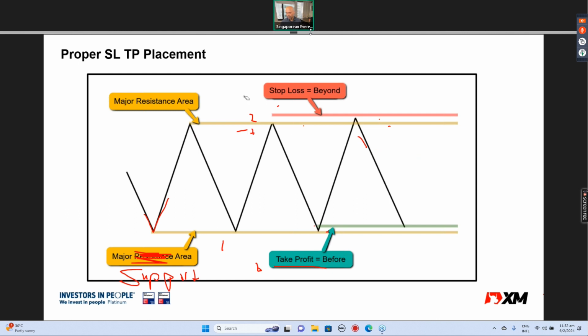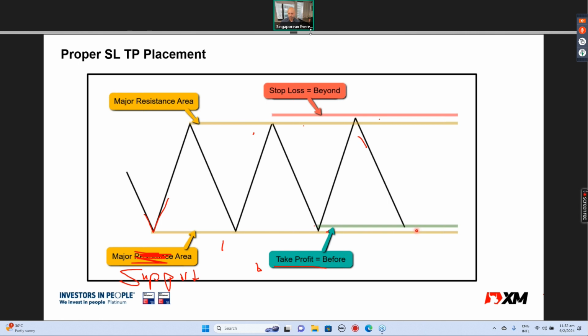So in the example of here where we have range bound trading, as we saw on the live charts as well, by identifying major resistance areas and major support areas, we are then able to identify suitable stop loss levels as well as take profit levels. So if you are shorting a particular instrument based on a major resistance, then the stop loss level needs to be placed beyond or above the resistance area. And then with price falling down towards a major support level, then the TP should be identified slightly above the